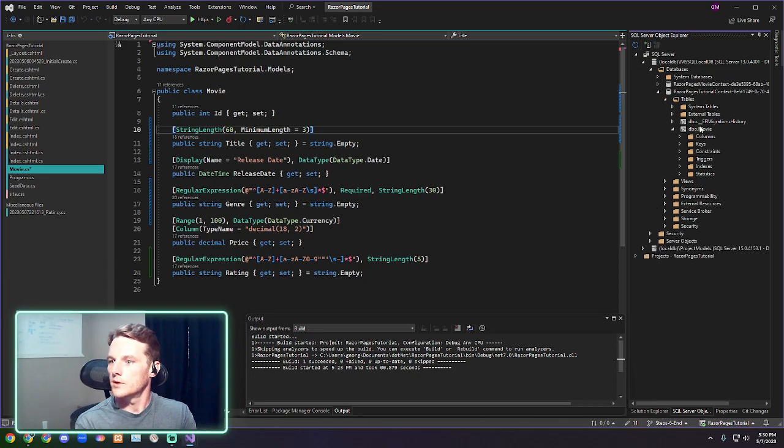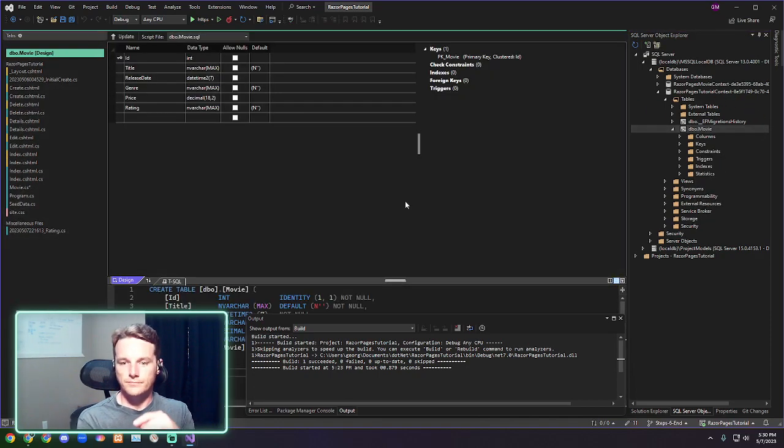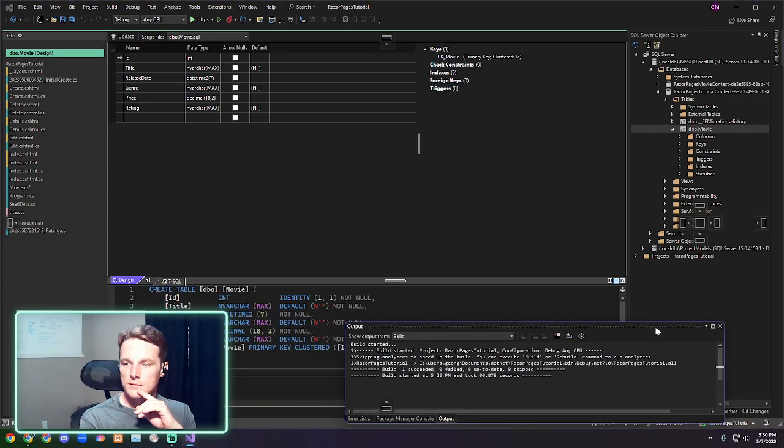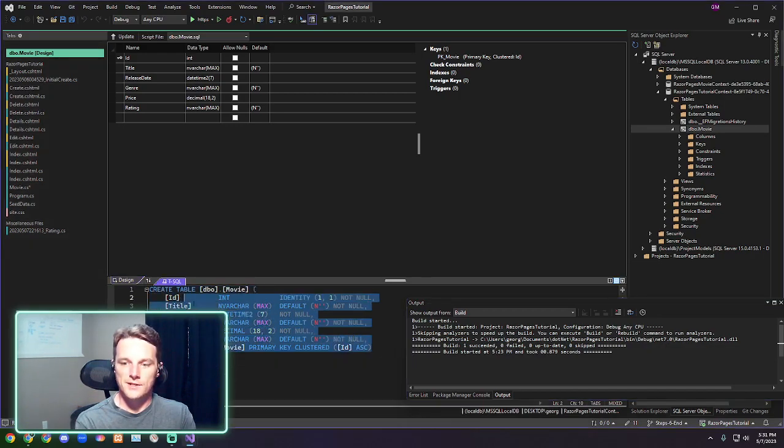Tables, movie, right click and view designer. So basically, if you have followed along, you can pay attention to how this looks and how the parameters look now versus after we run the migration again,